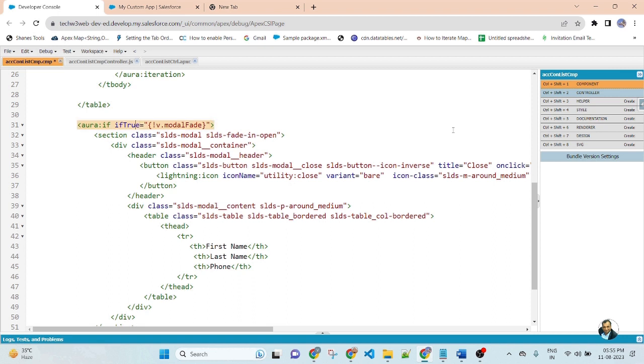Here is a syntax error: if the aura:if is true, then the modal pop-up will be visible. Now save the component.